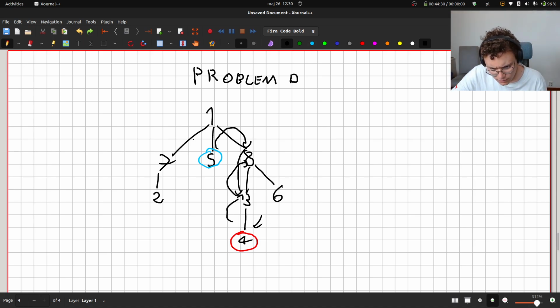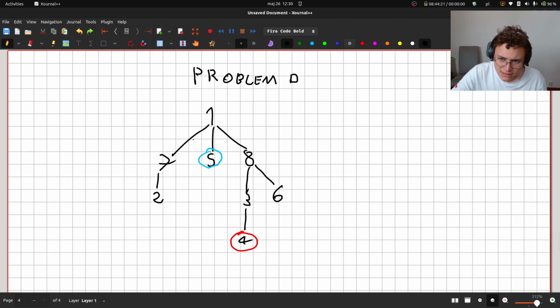Okay. So we want them to meet as early as possible, right? Because if they would meet, let's say, in 8, I would have my blue and red chip here, and then they could go together everywhere and traverse the tree together. So, as we want them to meet as early as possible, they will meet in the middle of their path,